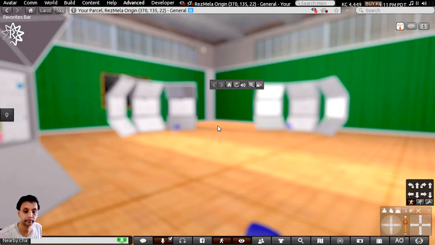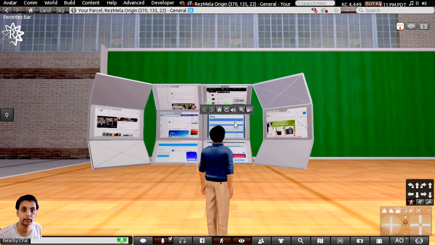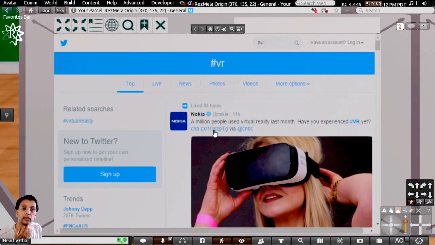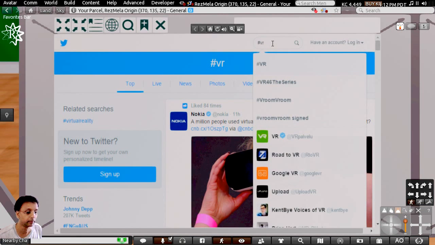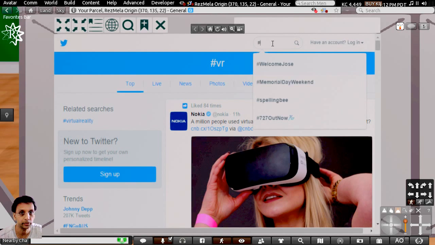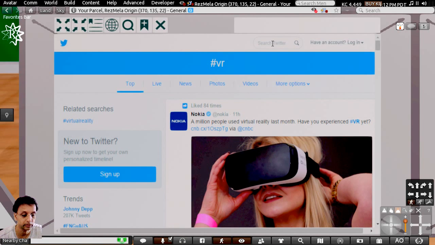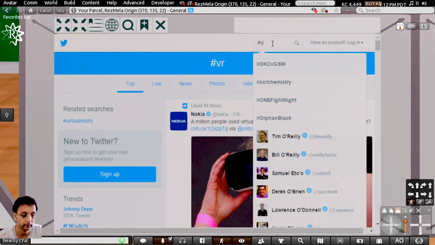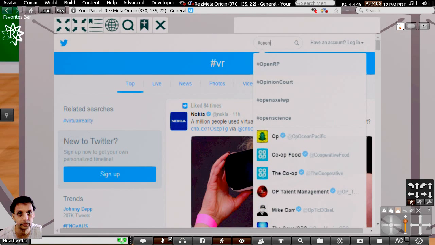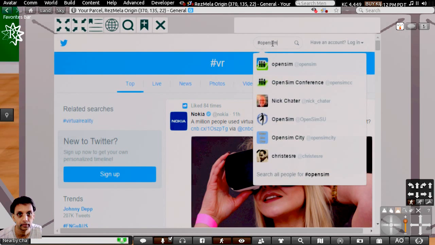I'm also interested in Twitter, and as I said before, these are fully functional web pages, and you can pretty much use them normally.